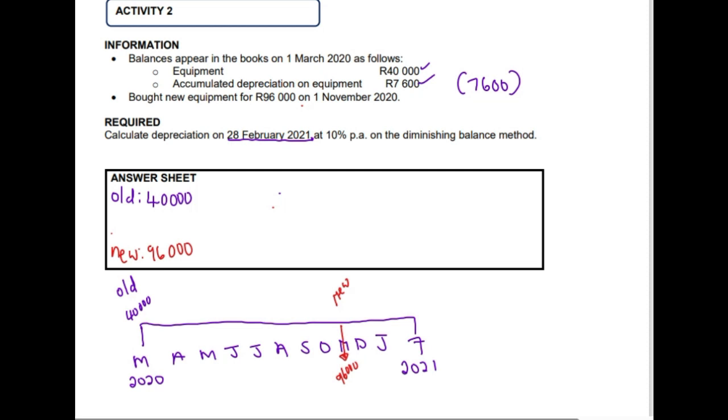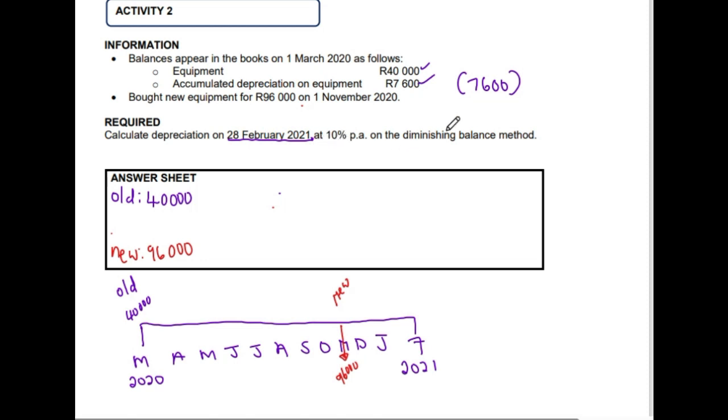So now everything has been understood, and our timeline has been completed. What we can do now, it says required: calculate depreciation on the 28th February